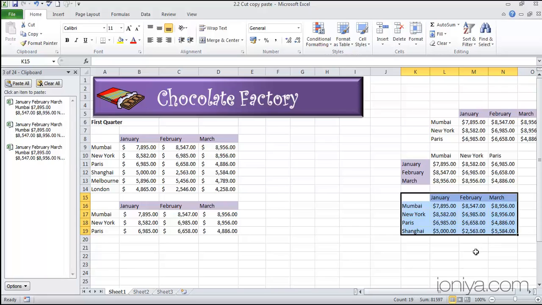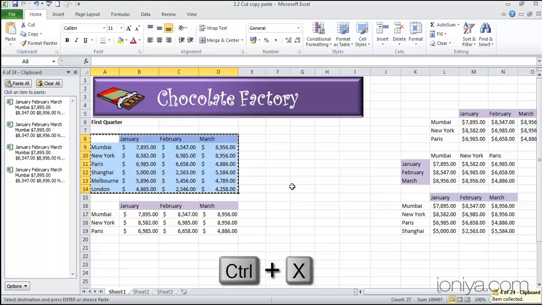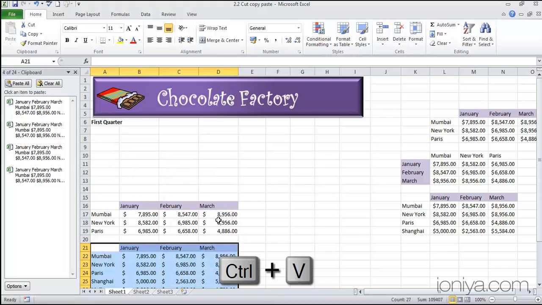It is important to remember that the Control button is pressed down during the whole procedure, or else your data will be shifted rather than being copied. You can also move the particular data by using the cut-paste function. Select this table, press Ctrl and X, and you will see the marching ants, which shows that the command is in operation. Select this cell and press Ctrl and V, and you will see the whole data has been moved.